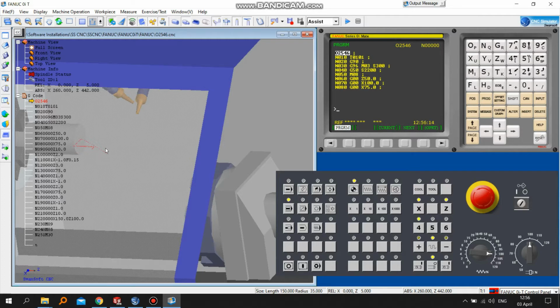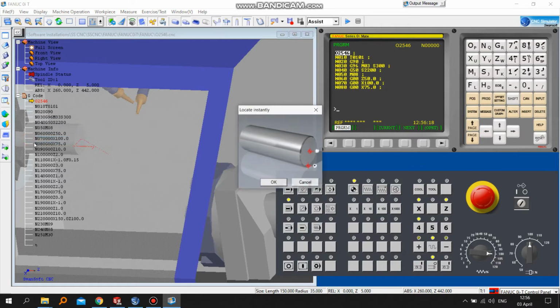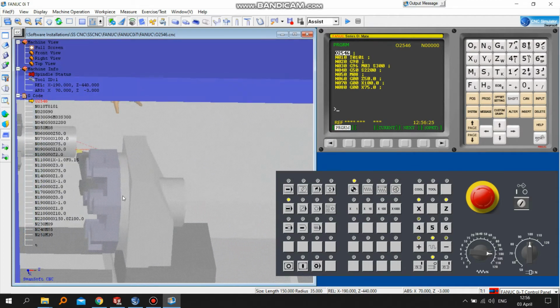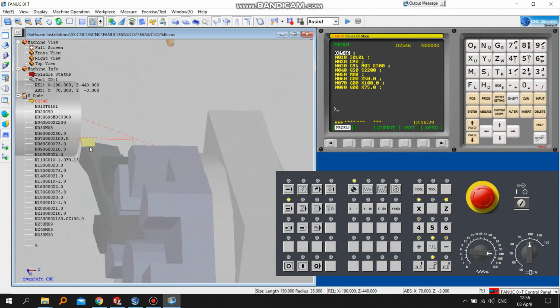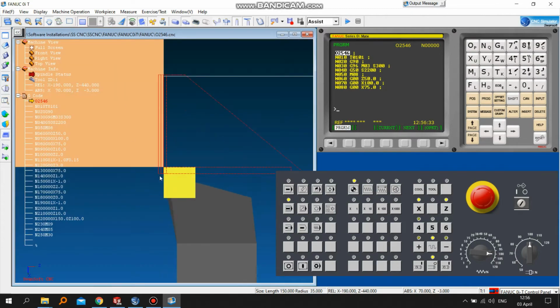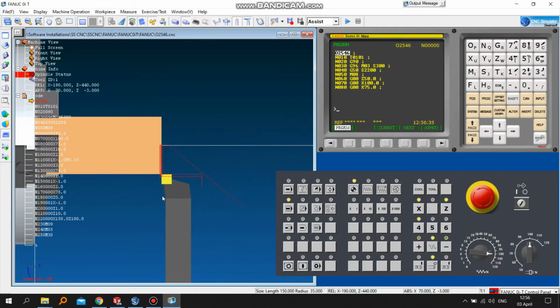I will just show you how. So I am just going to take the Z axis closer to the workpiece. As you can see, it is just touching X and Z axis, but in the machine you have to take X axis and Z axis separately.